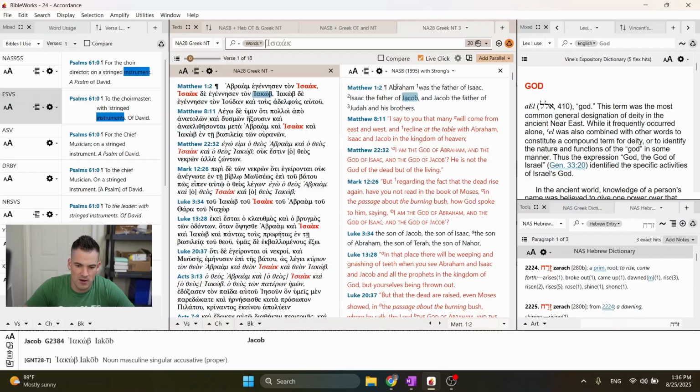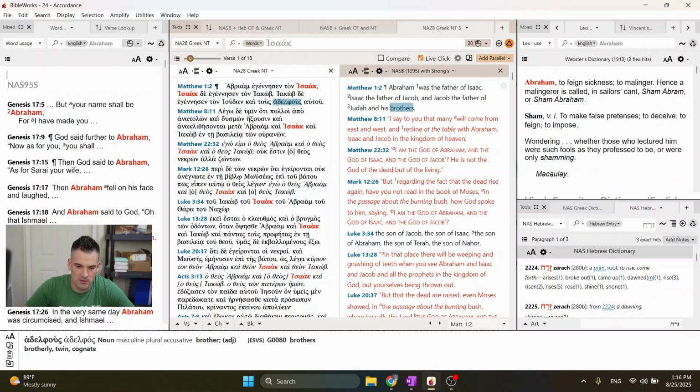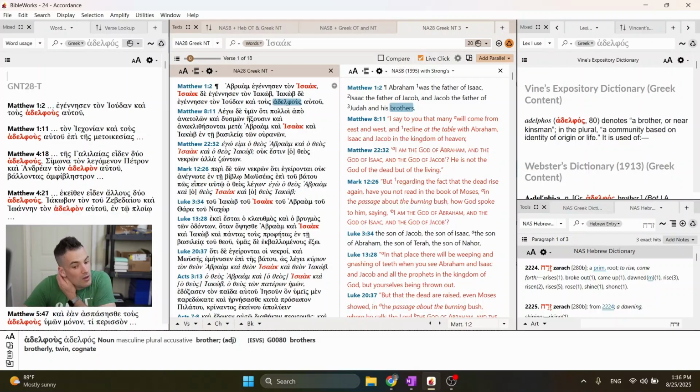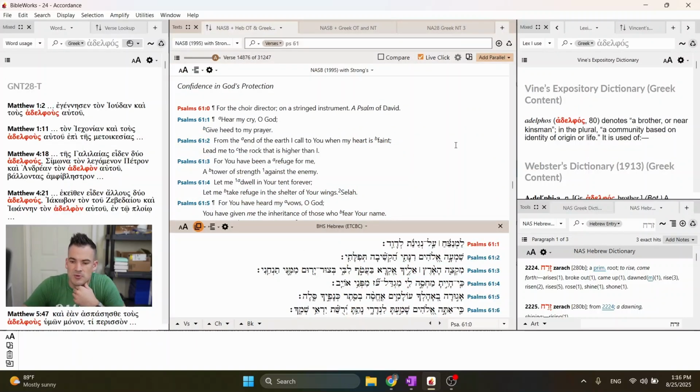I can go over here and click on Abraham. It'll search for Abraham. I can click on this one, search for brothers, and so on and so forth. So super useful as far as getting answers quickly. Searching a mini library, basically you could have a whole library of lexicons, and by one click you would search through all of those and it would give you results for each one. So for example,